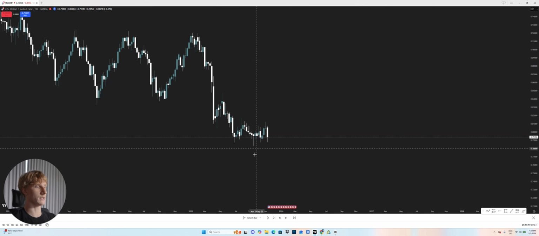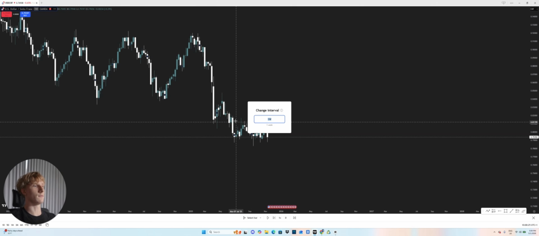If we really want to mark it out, we can see we have a high here. This becomes a lower high, and this is ever so slightly a lower high. But we can tell from this low being lower than this low, and this low being lower than this low ever so slightly, that overall it's definitely a more bearish market structure. So once we've got our overall bias on the weekly time frame, we're going to go over to the daily time frame.